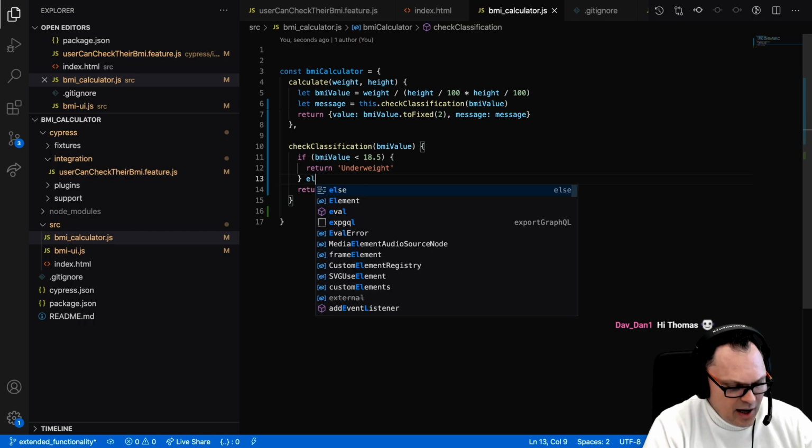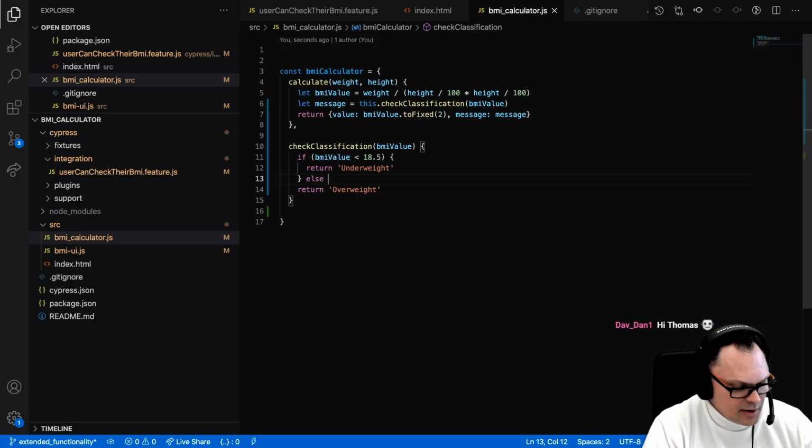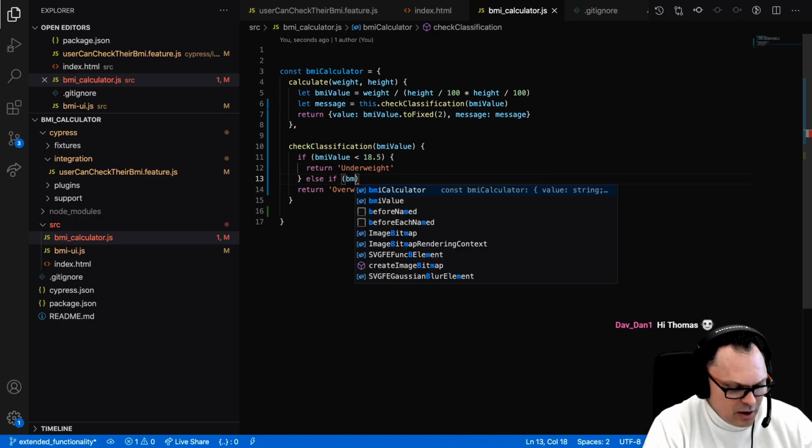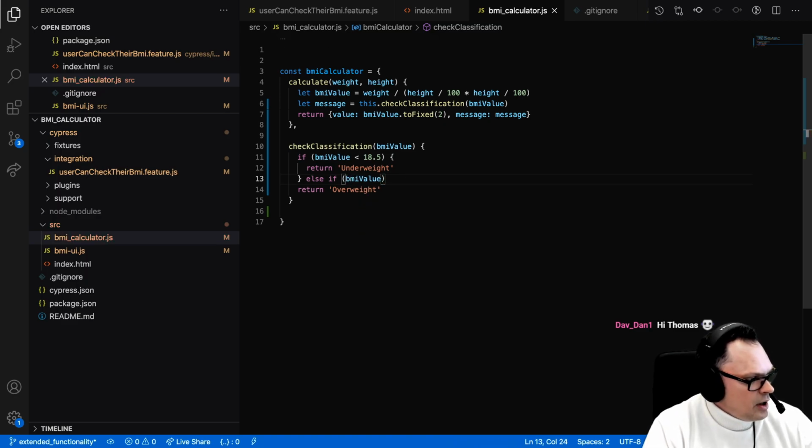And then we can say else if, and then another condition. We could say BMI value is greater than 18.5,